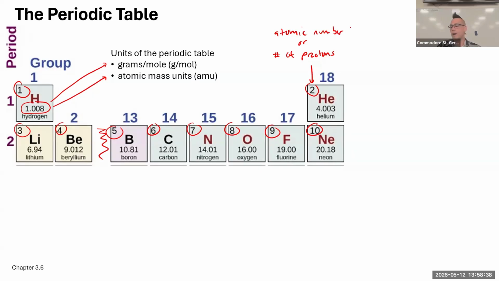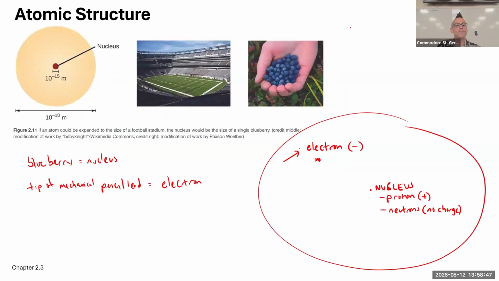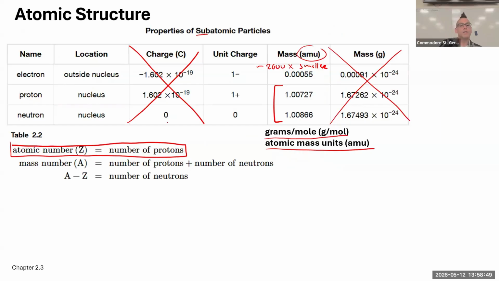It's the same thing. We're going to go back and forth calling it either one of those, right? But it's the same thing. It's the atomic number, but that's also the number of protons. And also, most atoms have neutrons. So if we're talking about a mass number,